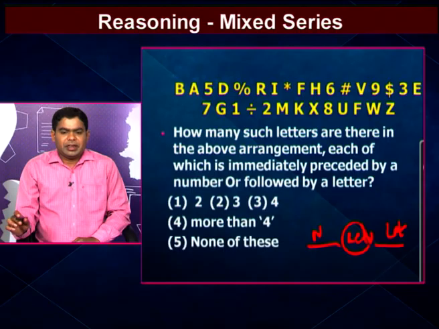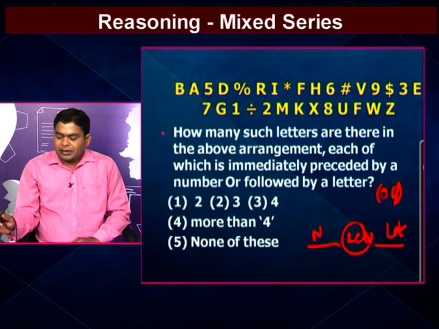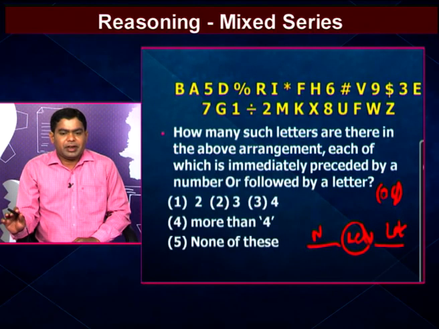Here "or" is given. "Or" means if any one side is satisfied, then we count that element. In the previous question, generally "and" was given. "And" means both sides must be satisfied by the given element. That means if the left side is satisfied and the right side is satisfied, then we count that element. But in our question here "or" is given, so if any one side is satisfied, we count that element. Here the element means a letter, as our question is asking for a letter.